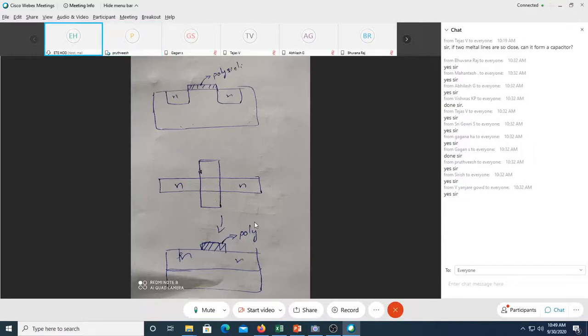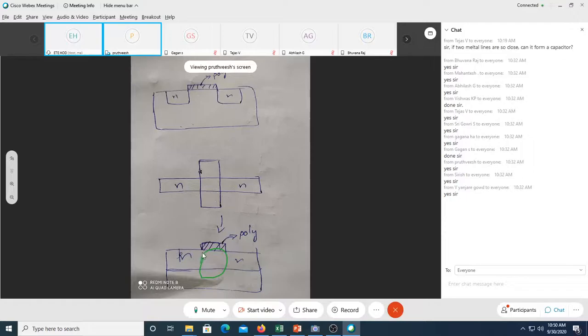Of course. When I explain the fabrication process, this doubt will be cleared. I have not yet explained how the diffusion of n plus will happen. When I specify that, you will get to know why this gap is not there. So there will be a gap between n and n when a transistor is formed. Maybe at this point you are thinking that there is no isolation between this source and this drain when there is no polysilicon. Correct? That's your question.